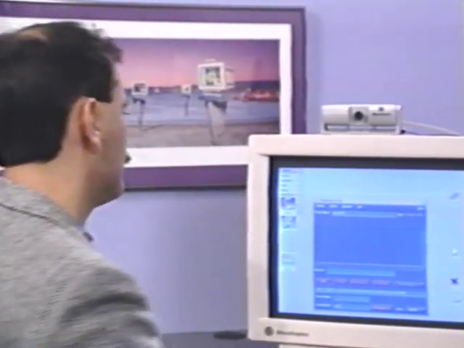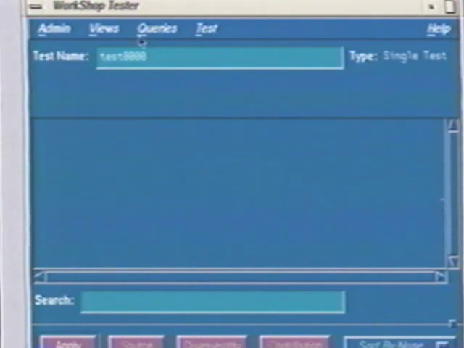What you do is you run your test suites, and CASEVision Tester will instrument the executables while you run the test suites, and then graphically show you which parts of your code were and were not covered by the tests. So let's take a look at the screen here where I have Workshop Tester running. And what I do is I type in the name of a test experiment that I have previously run,